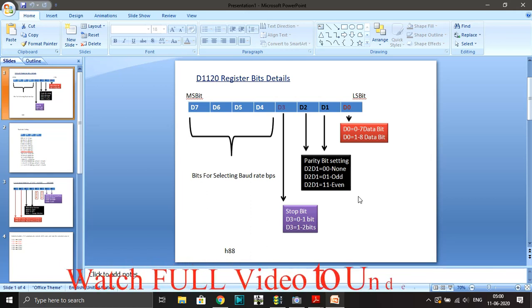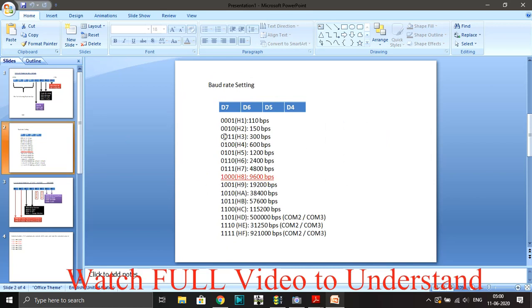Now the remaining 4 bits will say about the baud rate. Baud rate is the bits per second that we want to transmit or receive by the communication. So these 4 bits will tell the baud rate information. This 4-bit value is written in hexacode, and this is the baud rate.